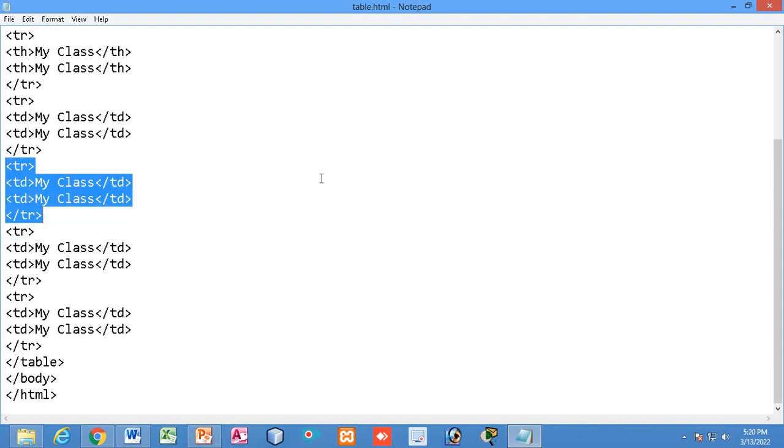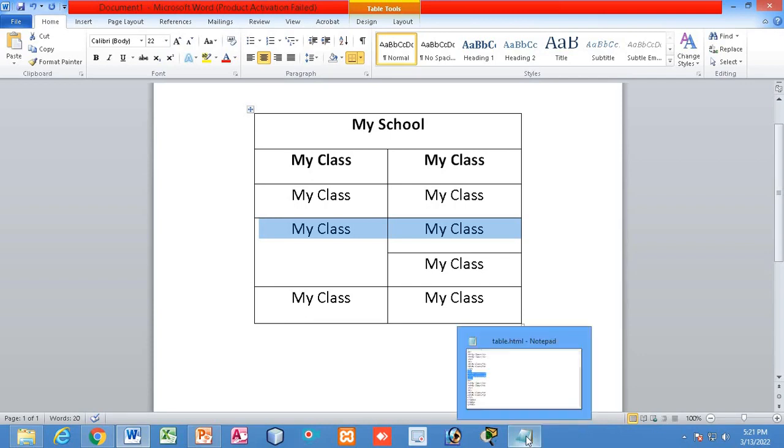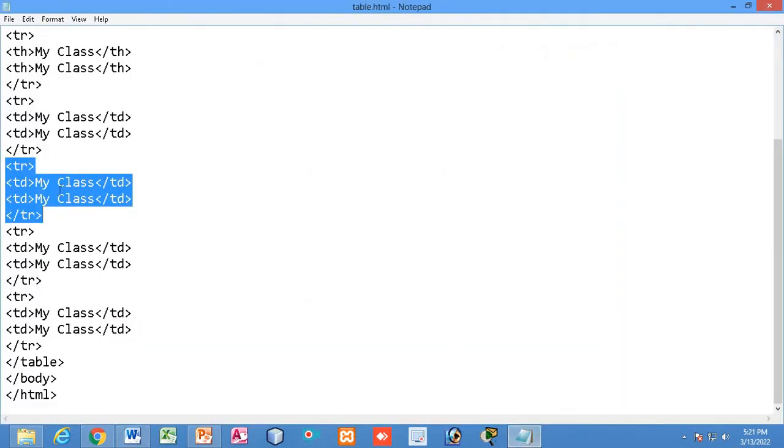Now here I have to add the attribute. So you can see the fourth row, first column. This is the fourth row and this is the first column, and here I will use